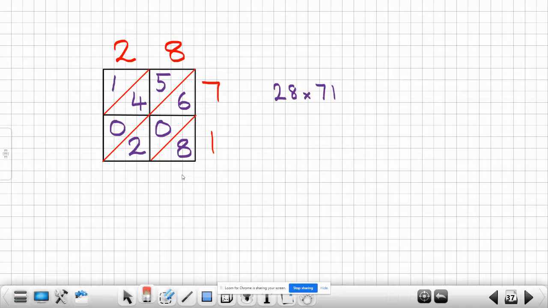So underneath our first diagonal, we have an 8. Moving along, so we're looking between these two diagonals. We've got a 6, 0 and a 2, which also gives us 8. And we're adding up, remember, at this point. Here's our next diagonal. So in between these two, we have 5, 4, 0, which is, of course, 9. And then finally, we need to look above the first diagonal, and that is a 1. So the answer to 28 times 71 is